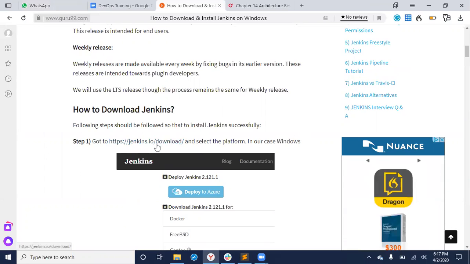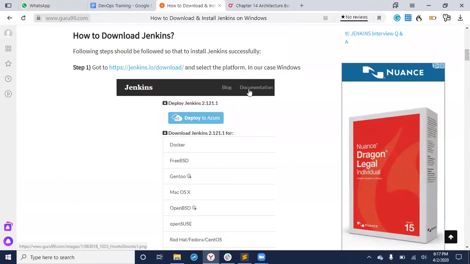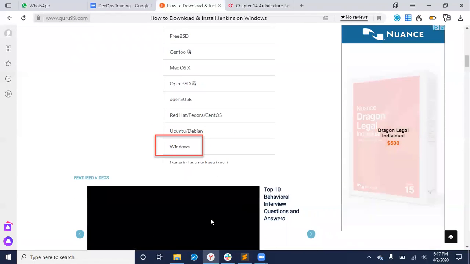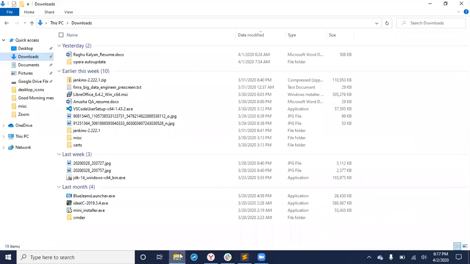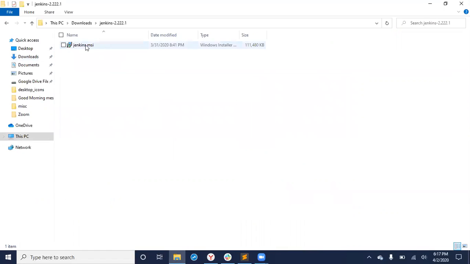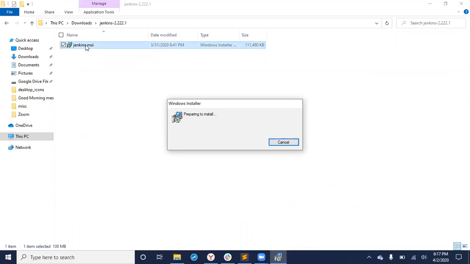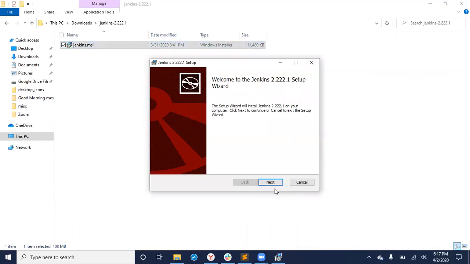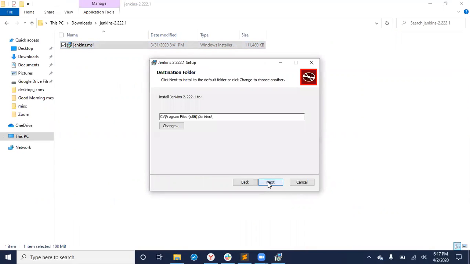Okay. So Jenkins, you just need to download from here and select the Windows platform, then download, which I have already done. It's a very large file. This is the one. You get a zip file like this. Once you unpack this zip file, you get this MSI, Microsoft Installer. So I'm installing this. I'm showing everything step by step, so you can do the same on your systems.